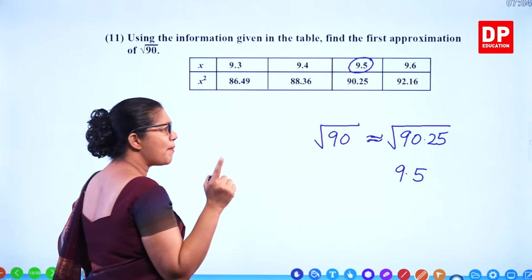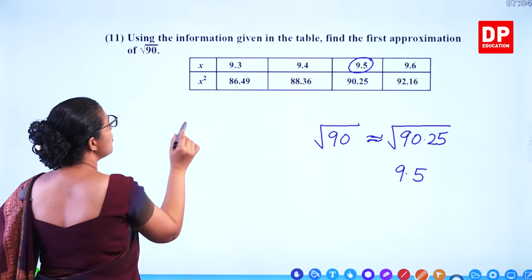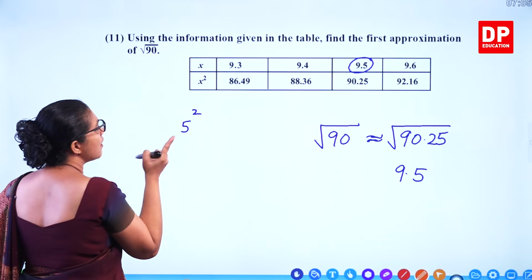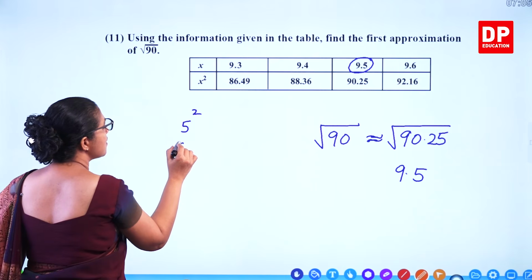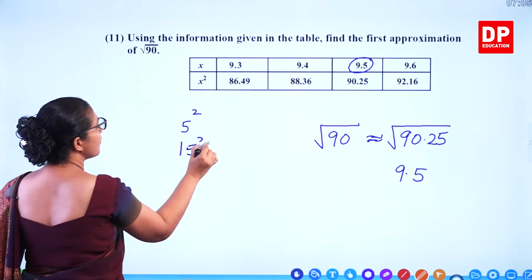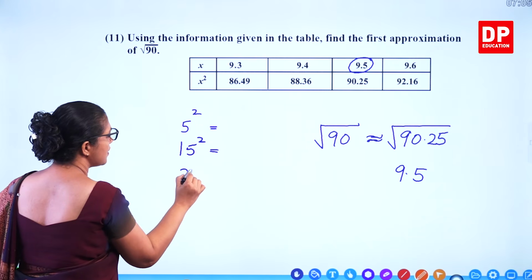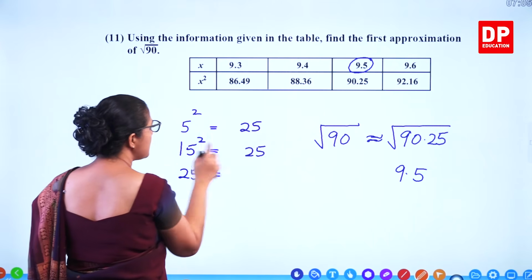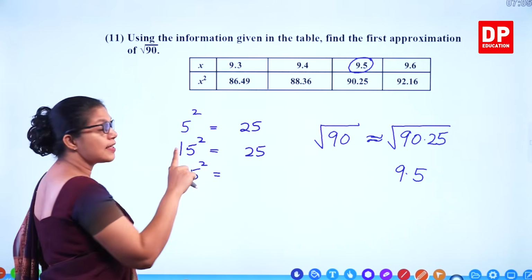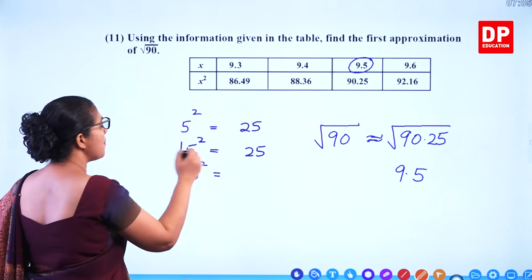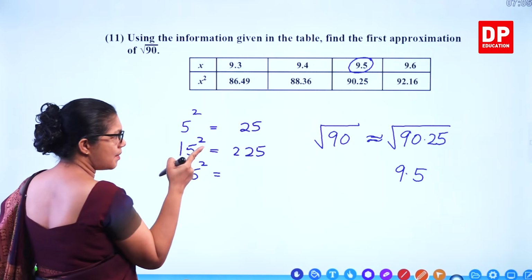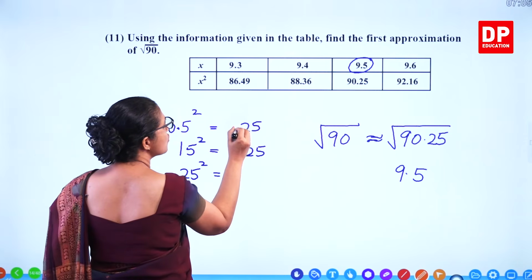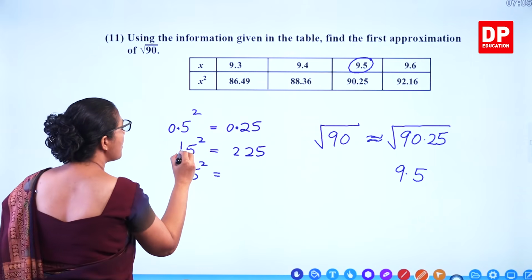And can you remember multiplication? When you get 5 in the units place, how do you multiply? 5 squared, 25. And if it's 15 squared, how do you find the square? 25 always comes. So this is also 25. The front number is 1, you multiply by the next number, 2. So 2 comes. Now if it's decimals, think that you have 0.5 squared, you get 2 decimal places. So this is 0.25. 1.5 squared,